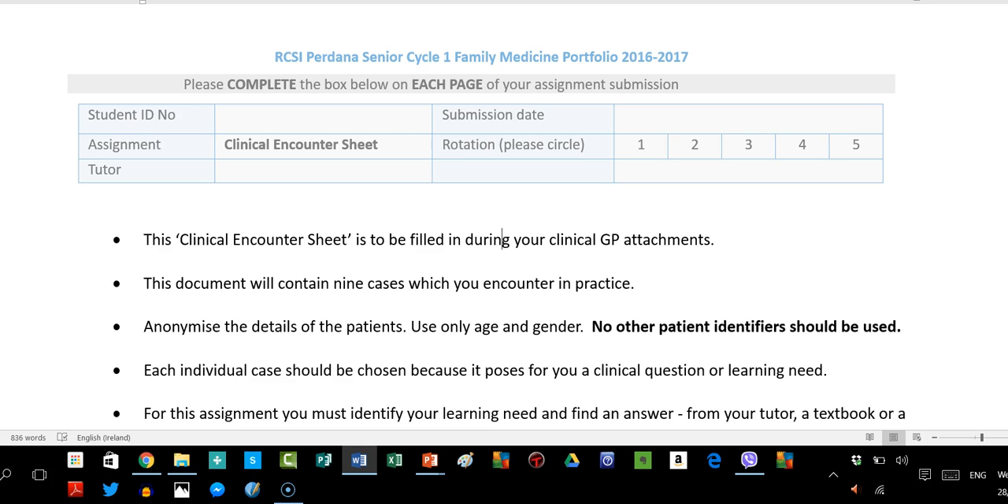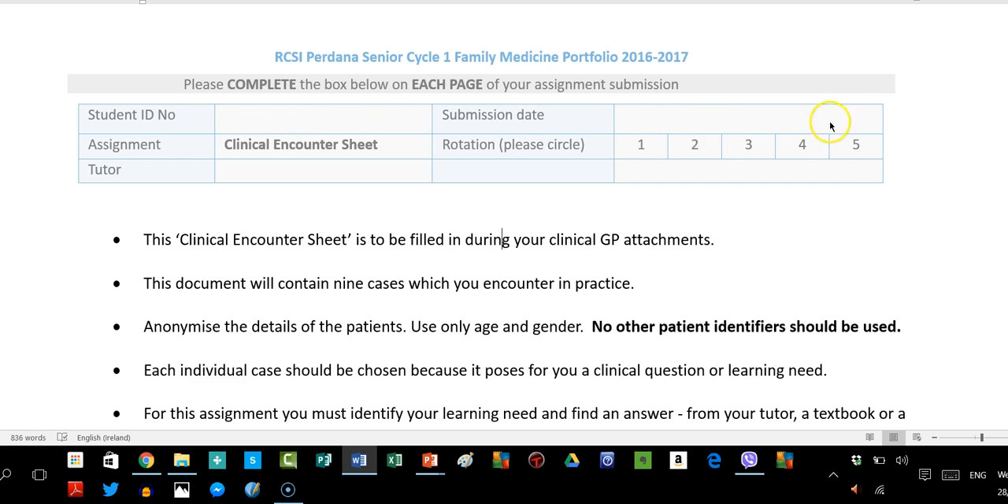Hello and welcome to this brief video explaining the Clinical Encounter Sheet which you will submit as an assignment for your end of rotation portfolio, but also will be assessed on in a dedicated OSCE station in your summer assessments in 2017. First of all, for the assignment, make sure that for every page you include your student ID number,